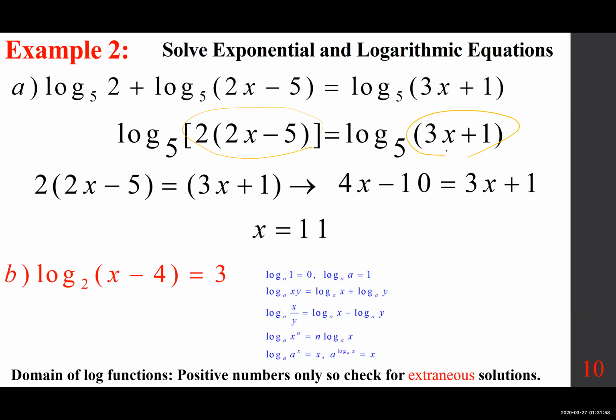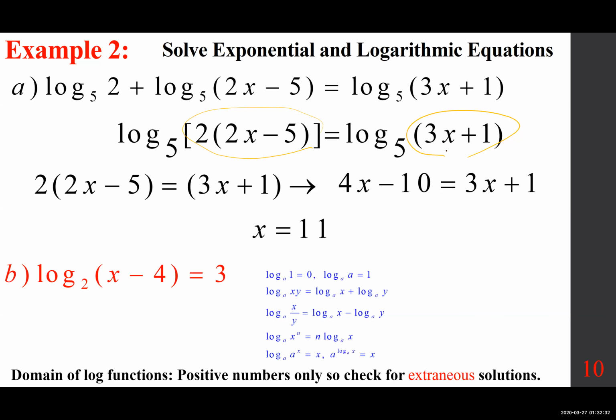Here's the next one. Now, as you notice, one side is a log, one side is a number. By the way, even if on the left side we had more than one log, the process would be just to put it into a single log. So that makes no difference. I want you to know that, okay? The process is the same. So now what do we do? Well, we want to put it into a single log. It's already a single log. We don't have to do anything. All we have to do is rewrite this